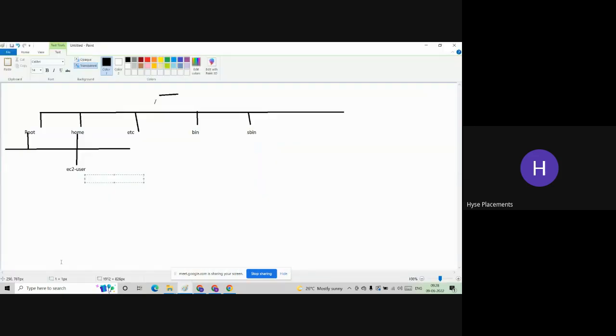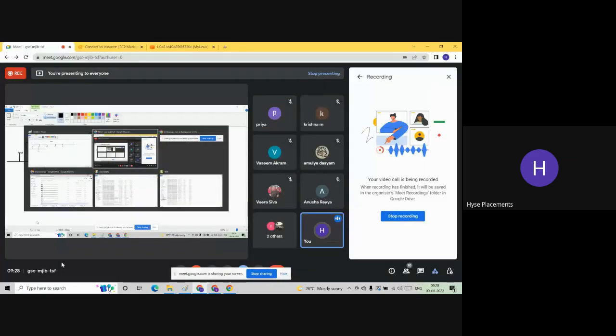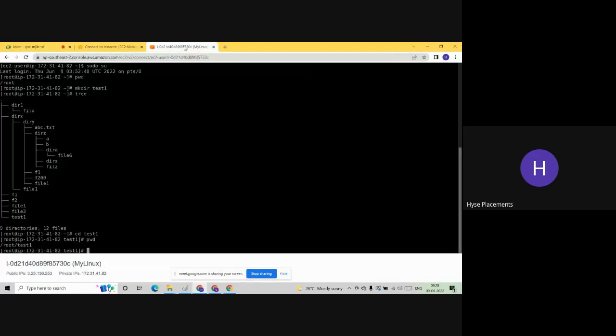Did you observe the change, guys? Are you able to follow the difference between sudo su and plain sudo? If you execute sudo su with the hyphen, you will get the root user permissions and also you will move to the root directory. If you do not execute the sudo command, you will by default be